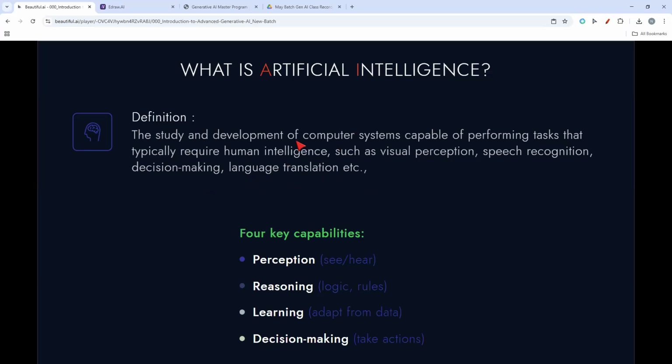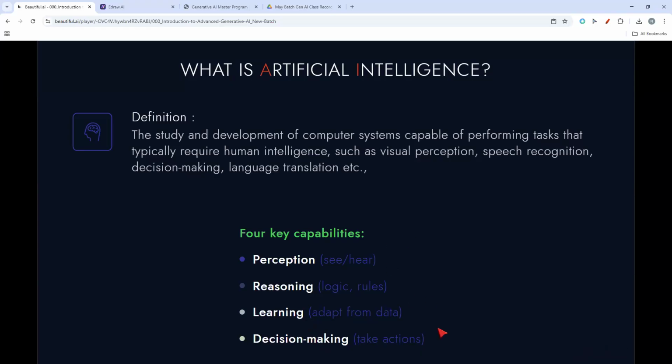These are computer-based systems. The four key capabilities of any such system are perception (see or hear), reasoning (logic and rules), learning (adapt from data), and decision making (take actions).